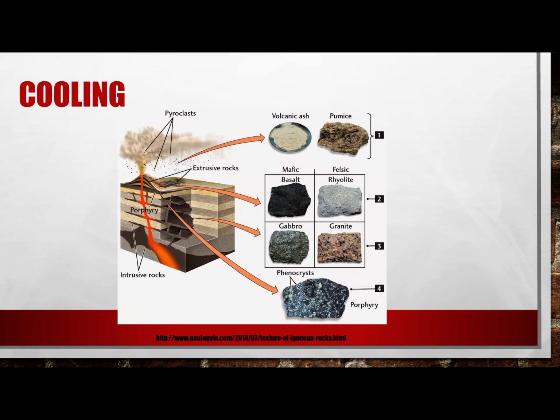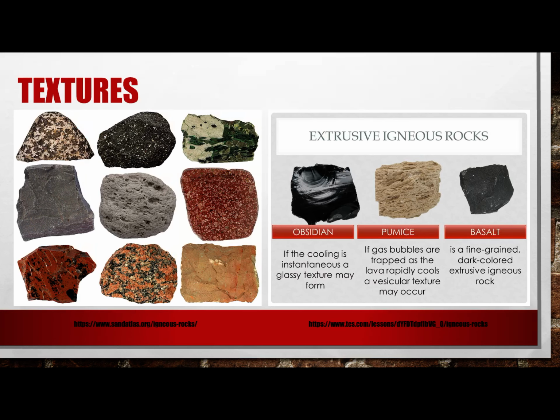If we look at cooling histories, intrusive rocks are going to form down here inside the Earth's surface, inside the crust. Extrusive are up on top. That's going to impact the nature of the material. So for textures, we can have coarse-grained, like this granite up here. You see large crystals that had a long time to cool. The longer it has to cool, the longer the crystals have to grow. You can form a larger structure.